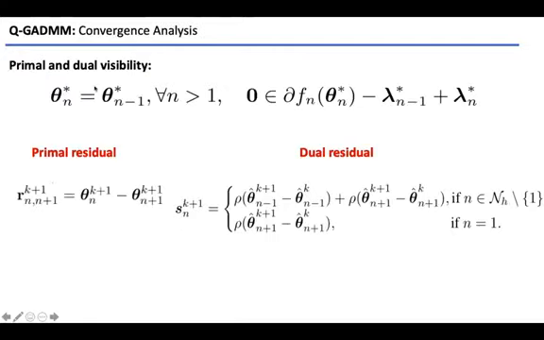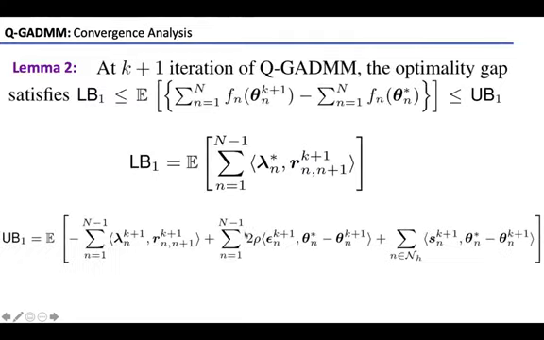The convergence analysis follows similar steps to the GADMM case. So we have primal and dual feasibility conditions. We have the same definition of the primal residual. For the dual residual, we use the quantized versions of the models. This dual residual will appear in the augmented Lagrangian function at every iteration, and eventually it will go to zero as long as the quantization step size is decreasing.